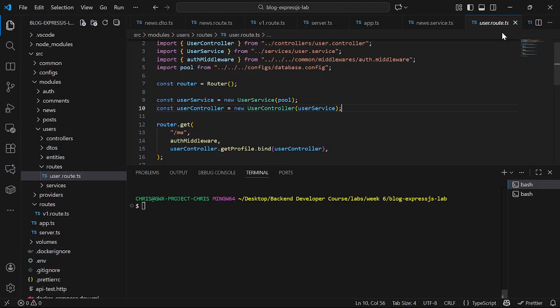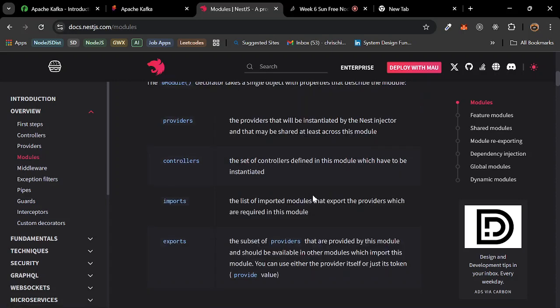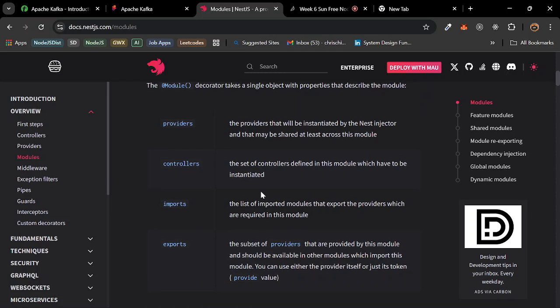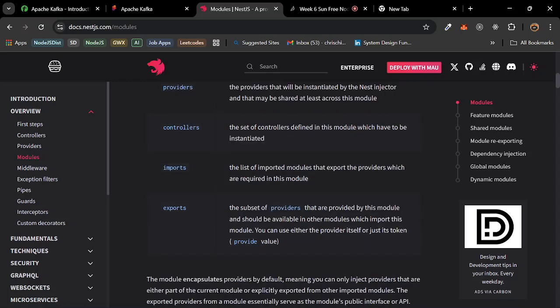So any class you put here as a provider, NestJS will create the instance for you when it is initializing the application. And you will be able to use that class anywhere in that module. Then controllers are the set of controllers defined in this module which also have to be instantiated. Imports are the list of imported modules that export the providers which are required in this module.